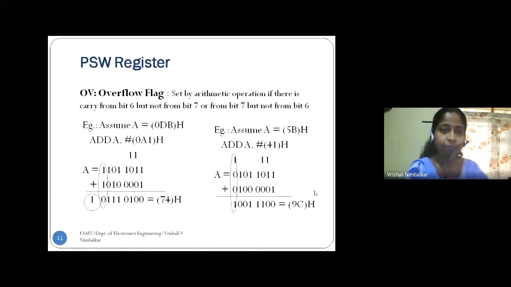Correct? And look into the statement. There is a carry occurring from bit 6. When we add bit 6, there is a carry coming into bit 7. But when you add bit 7, 1 plus 0 plus 0, there is no carry coming from bit 7. So bit 6 carries into 7, but bit 7 has no carry. That results in overflow. Hope you get me, students. Right? And what does that overflow mean? There are insufficient bits in the magnitude to represent the answer. That is an overflow. Fine. Hope you all are getting me, right?